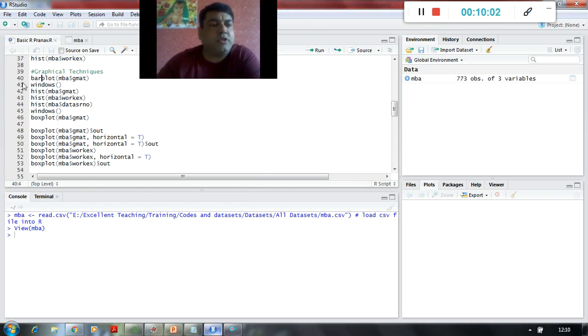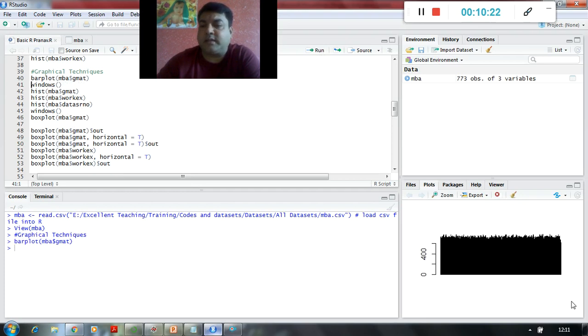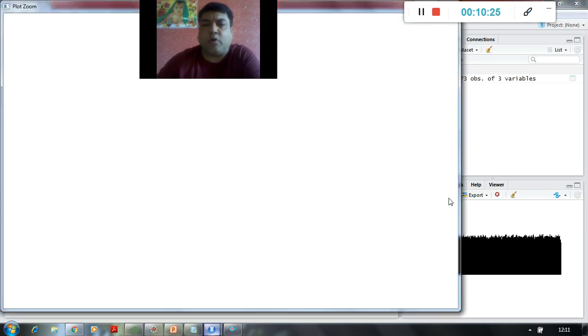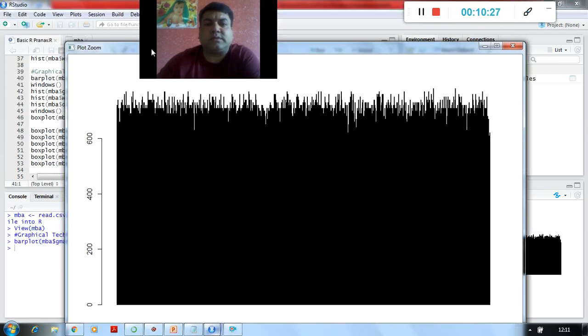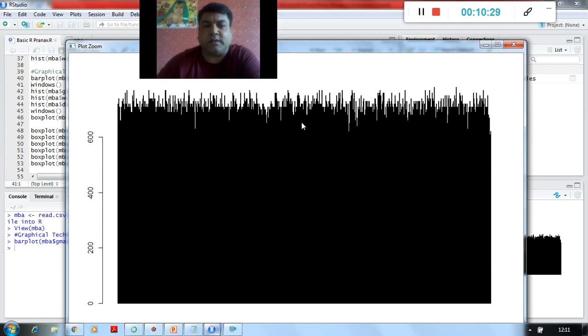Okay, so when I execute this bar plot function with MBA$gmat, this is the syntax. I will explain why this syntax and everything when we learn the basics of our code as a whole. Right now I just want to give you the feeling of how plotting is done in R. So barplot MBA$gmat, I pass the score, and this is the plot, the same plot which we were looking at through the slides, if you can see over here, right?